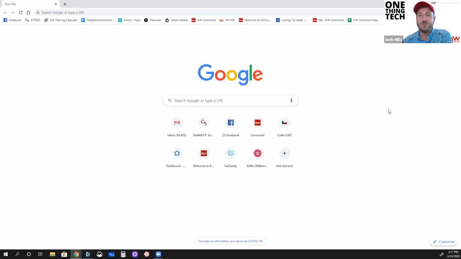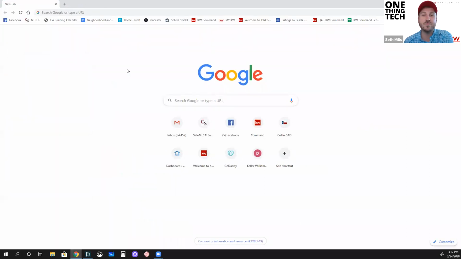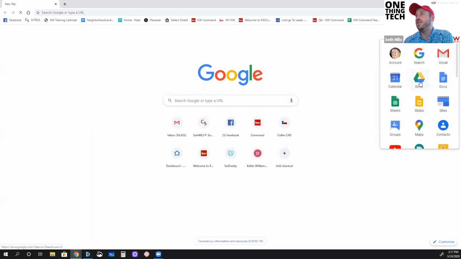Are you familiar with how to get a PDF of the IABS and the consumer protection? Okay, so as long as you have a PDF of the IABS or CPN, we're going to open up a new window in Chrome. And for this, it doesn't matter if it's incognito or if it's a regular window. You'll see behind here, these are incognito windows. I use that in every case when I'm teaching Command. I use it typically to run my business as well. I can go into why a different time, but if you use Chrome incognito, Command works better. I'll keep it simple. So if we go here and we open up Drive,